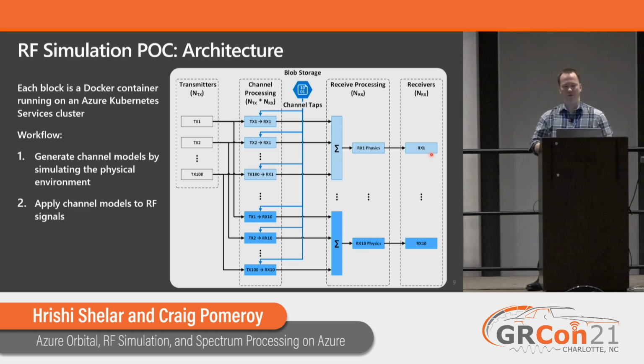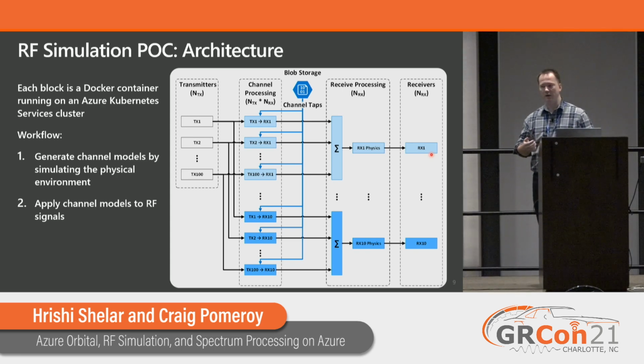We actually took some of the concepts from GNU Radio in terms of defining the topologies on here. So if you look at how one of these is deployed, it looks a whole heck of a lot like a Python flow graph. You just say block A, output 1, talks to block B, input 2. Works out very nicely. So the workflow with one of these systems, generally you start by generating the channel